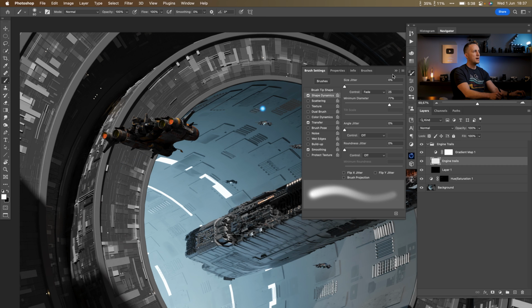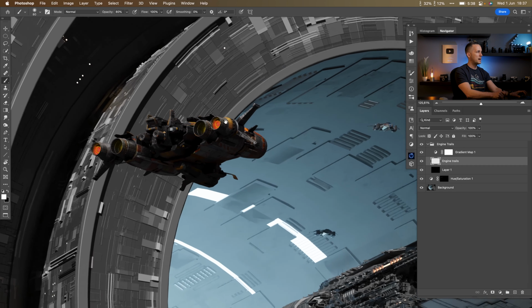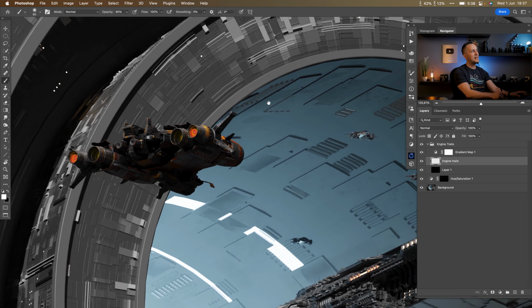And let's see, yeah. Okay, now what I like to do, I like to go with the opacity around, let's say 60% or 80%. It doesn't matter. Just that will dictate the brightness of the first click here. So either mouse or a brush, it doesn't matter. Click